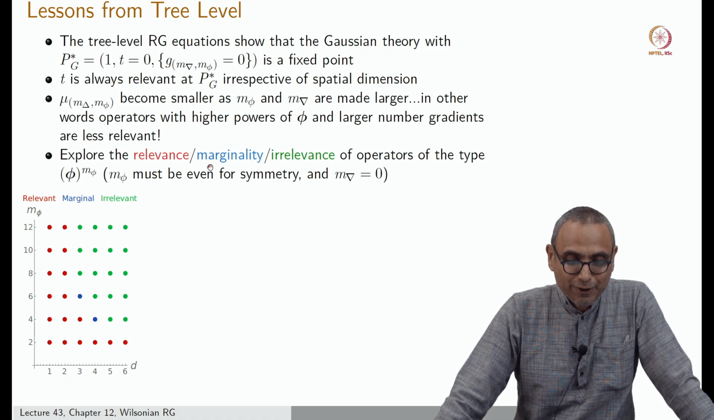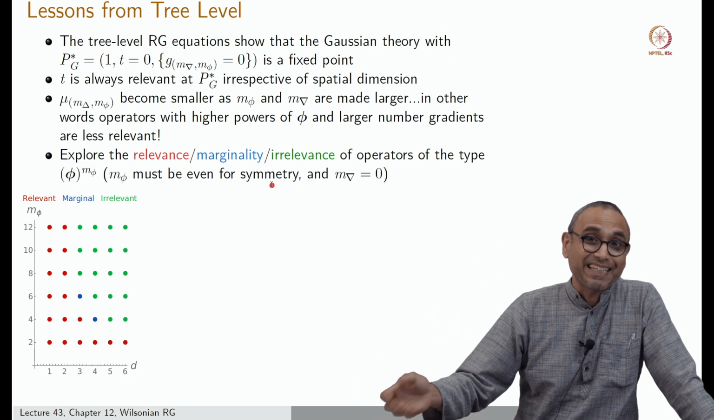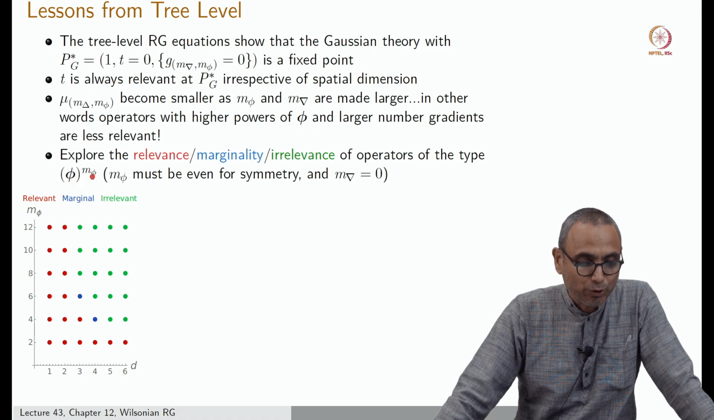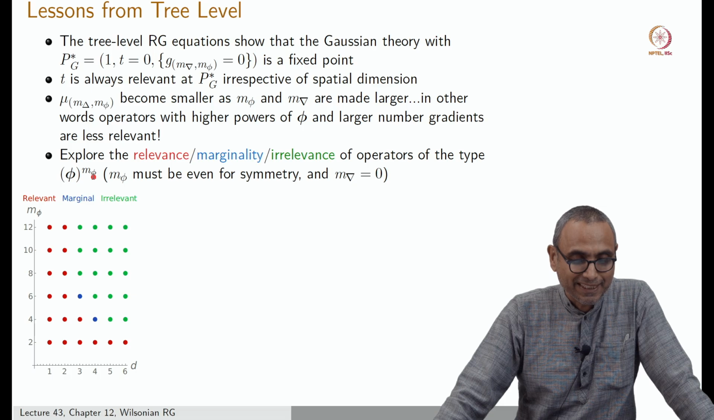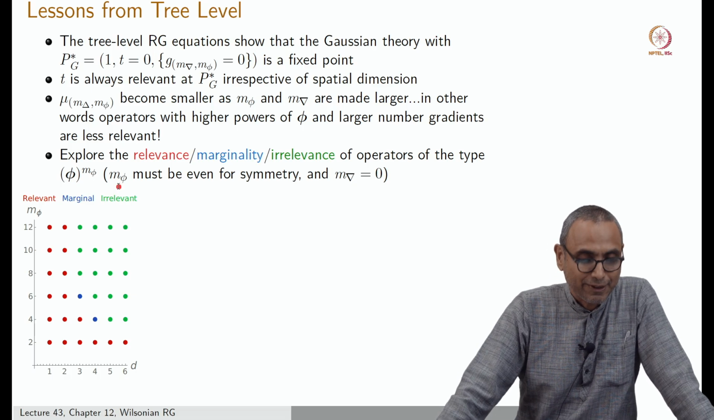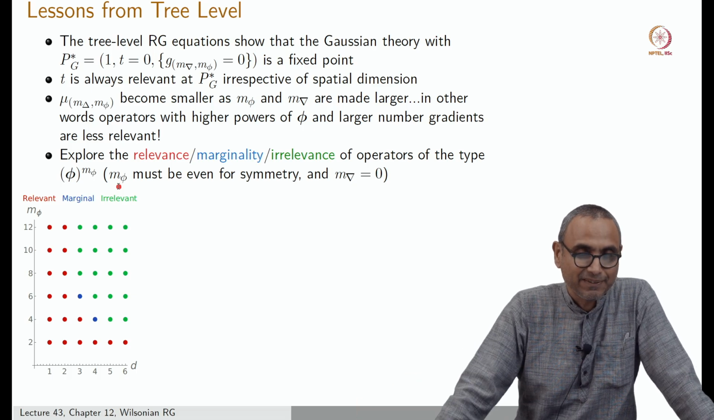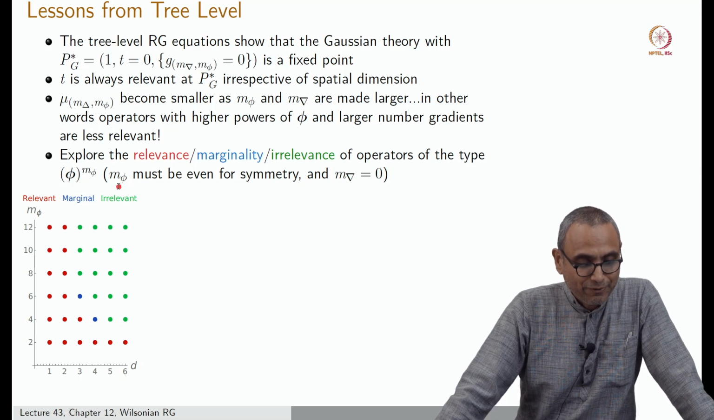So to explore this, since we know that the more gradients we add, the less relevant it becomes, we will just look at what happens to the phi^m operator, the coupling constant associated with that. m must be necessarily even for us to get the O(N) symmetry, right? Otherwise you cannot get O(N) symmetry. So we are going to look at m even, and what I